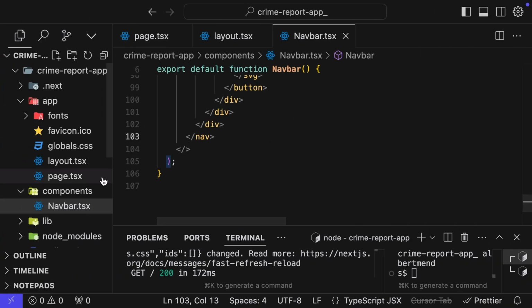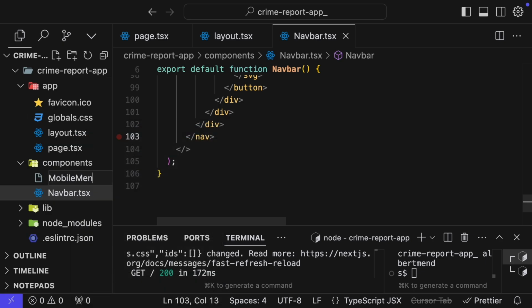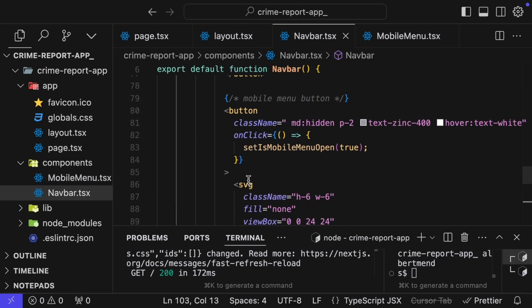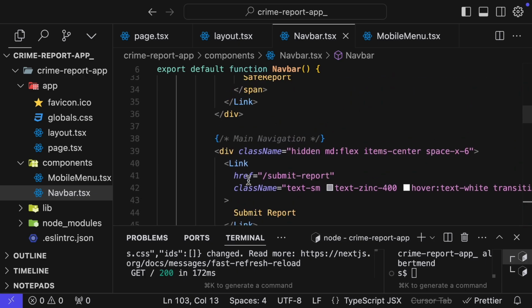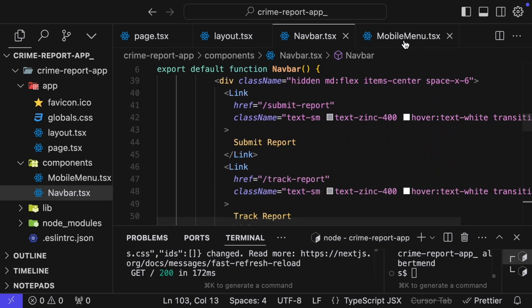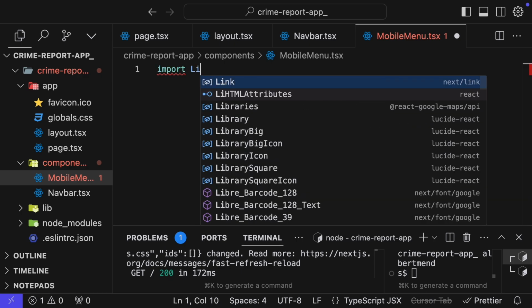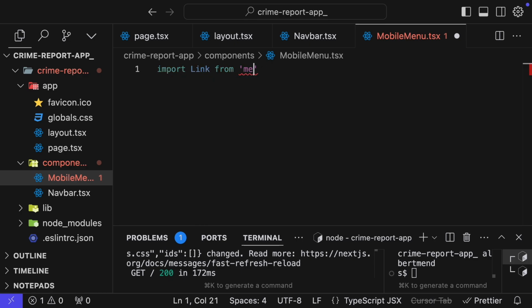Back to component, we create a new file named mobile menu.tsx. And basically, everything is going to be very similar to the navbar because we have created the navbar links and the main navigation items already, which are going to be quite similar to, if not the same as, what you're going to have in the mobile menu. So I will import Link from next/link